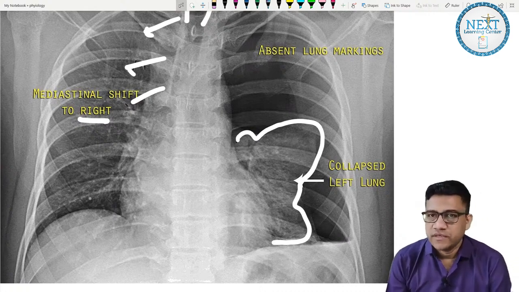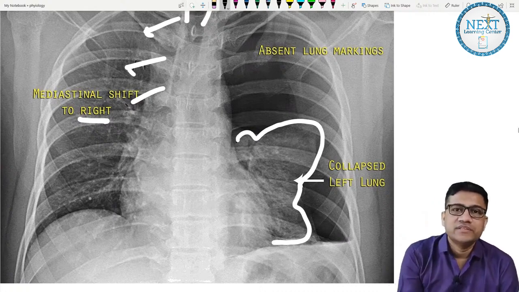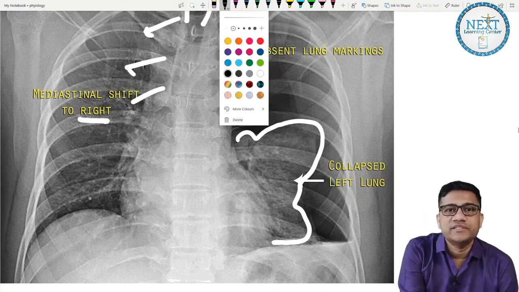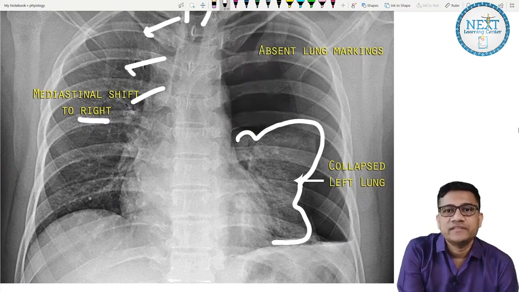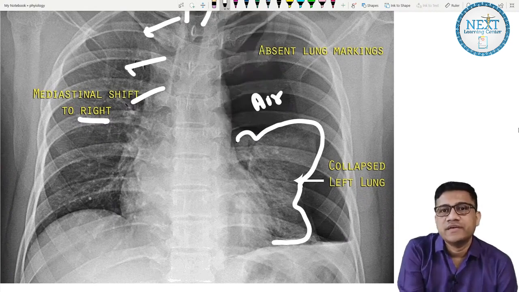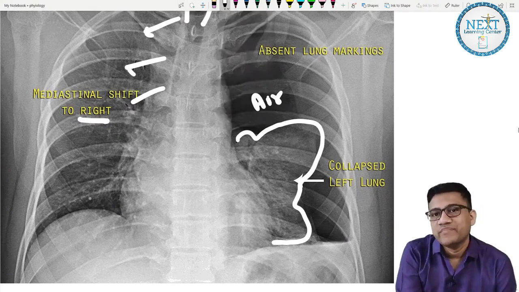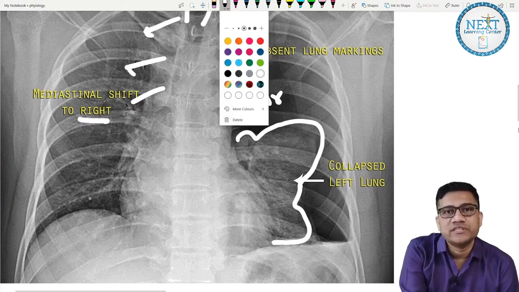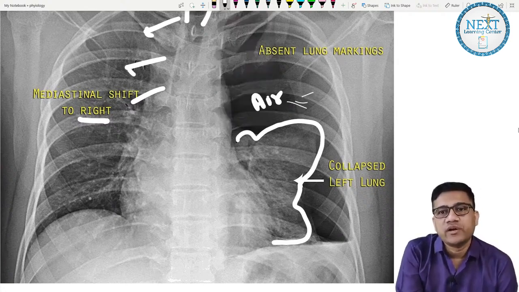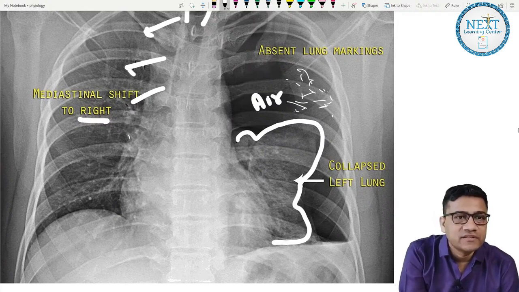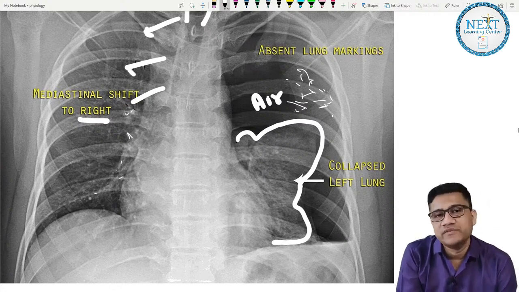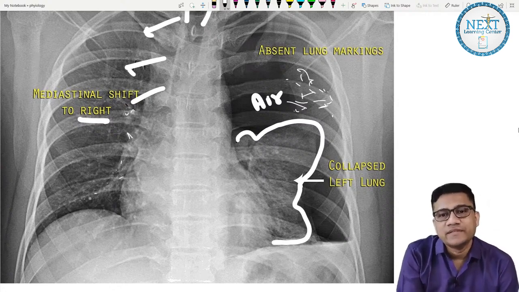Diagnosis. Yes, there's a collapsed lung. You can see there is only air present here. If you can identify, this is air in the thorax. Air will not cause any shadows like this. Can you see these shadows? They are called lung markings. They are the airways, etc. These white areas are the lung markings, which basically show the dense tissues.